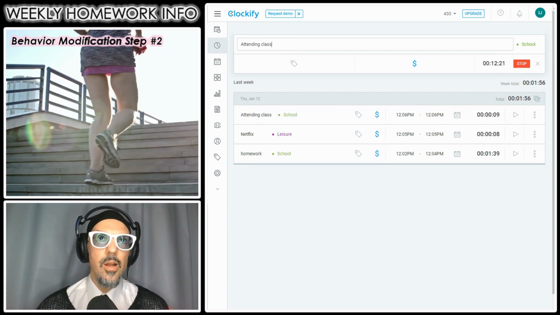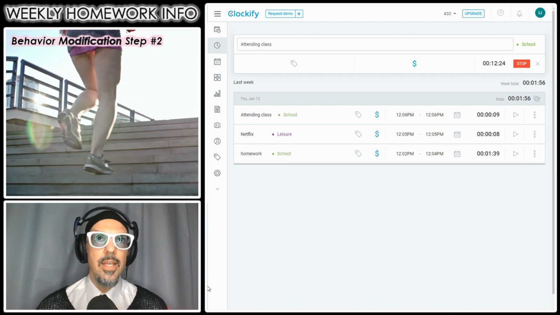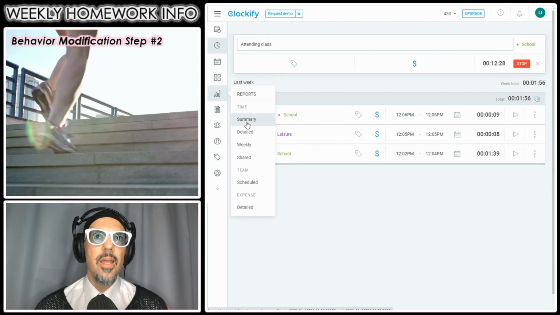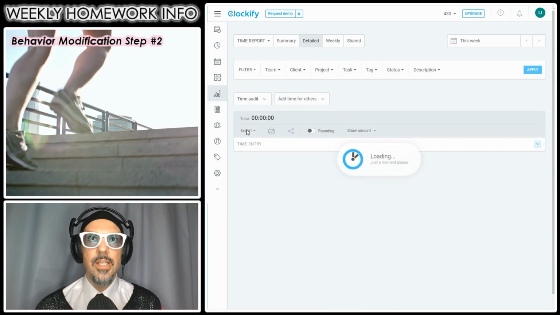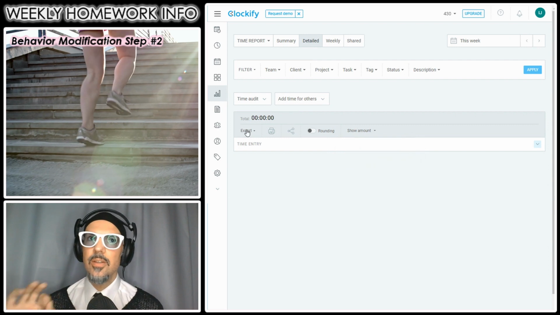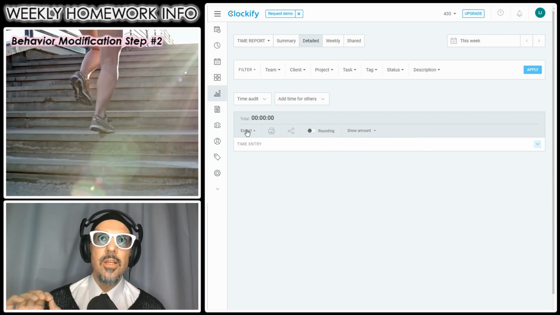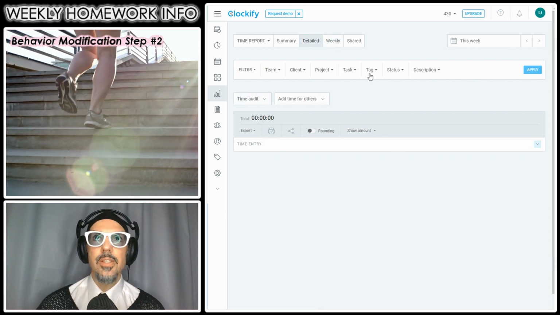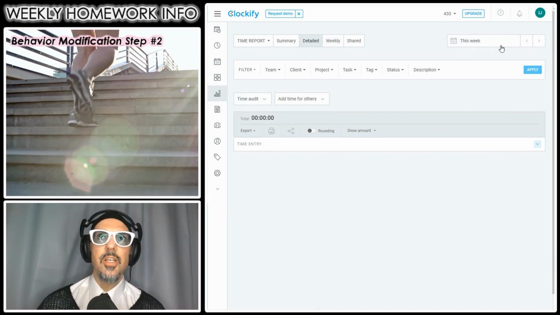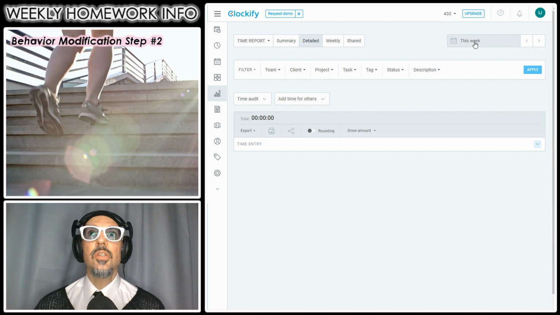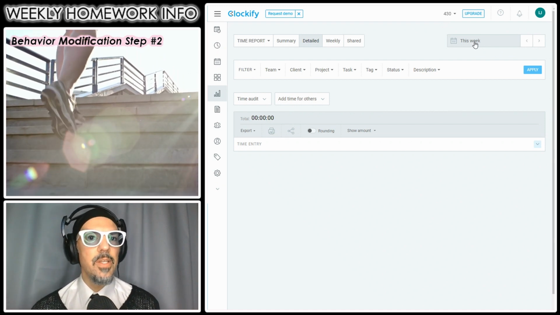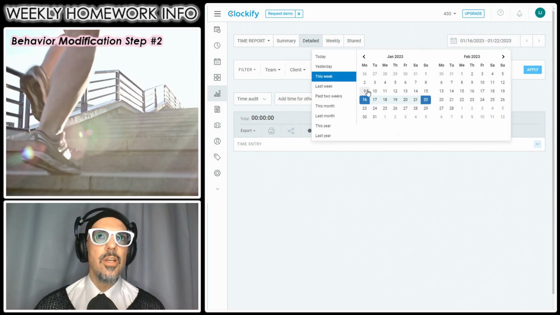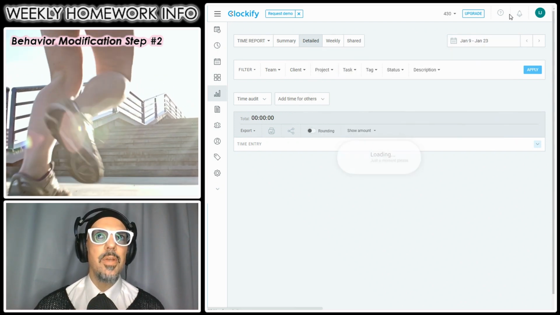Now for this one, we are once again going to go to a detailed export. So we go here to reports, and we are going to go to detailed reports. However, this time it's going to be just one more step that we're going to need to do. So when you go to your detailed reports, you will notice here we have the detailed report for this week. So that is not going to be enough this time for Clockify. So we're going to click on this, and we're going to choose the range for how long this assignment is